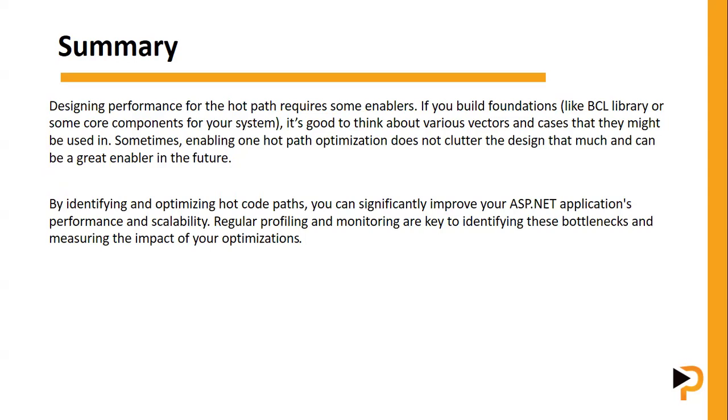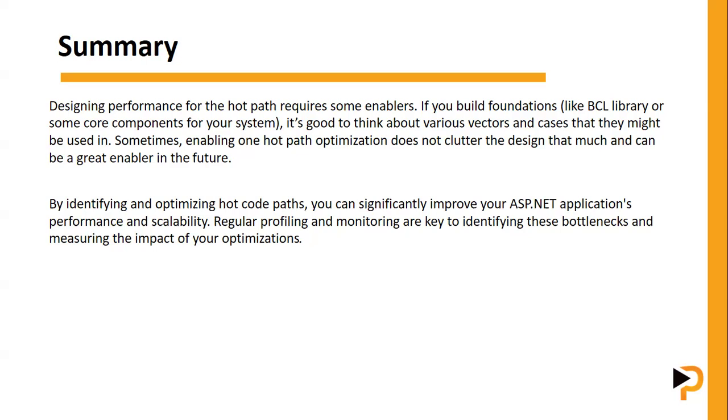Sometimes enabling one hot path optimization does not clutter the design that much and can be a great enabler in the future. So you cover that particular thing, review the code, find some important blocks of code, and done, you have the performance efficiency over there. But in future, maybe a huge number of other hot code paths will emerge, and you just have to